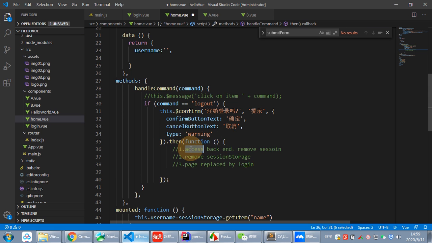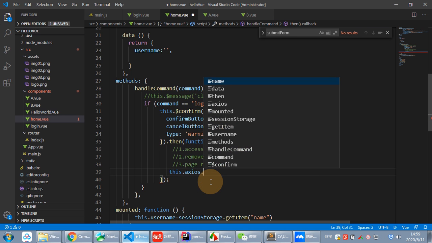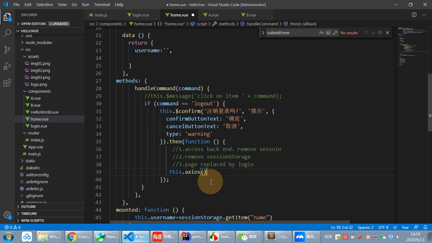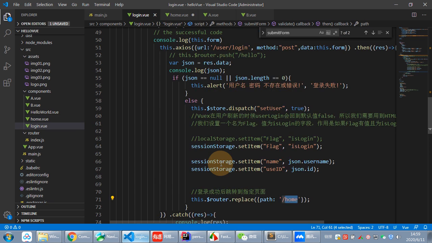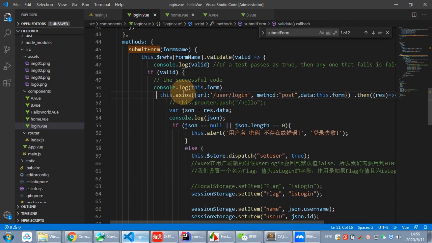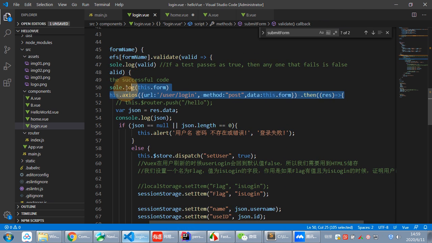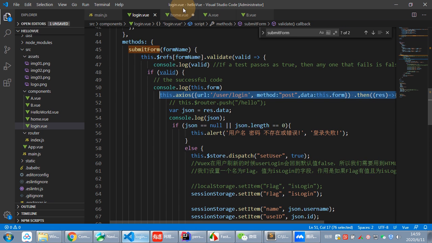If you want to go into the backend, we can use this, we have studied it, easy. Like in the login, we have used